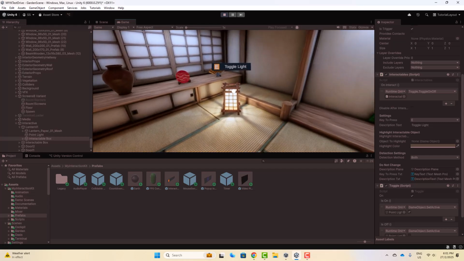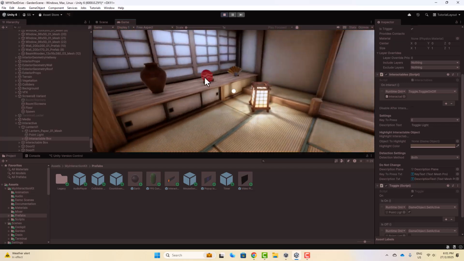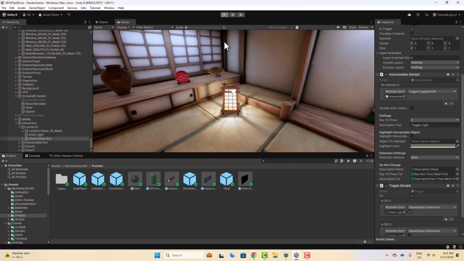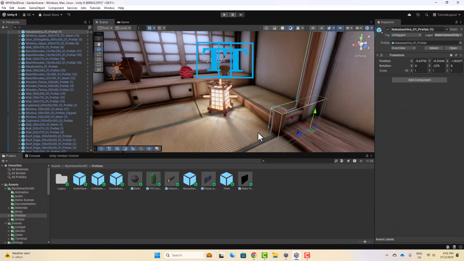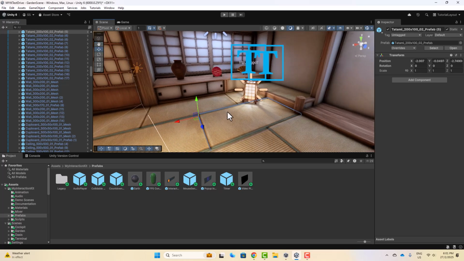This light, it says toggle light. When you press E, it switches off. When you press E again, it switches on. Off, on, off, on, off, on. Yeah, nice. Okay,